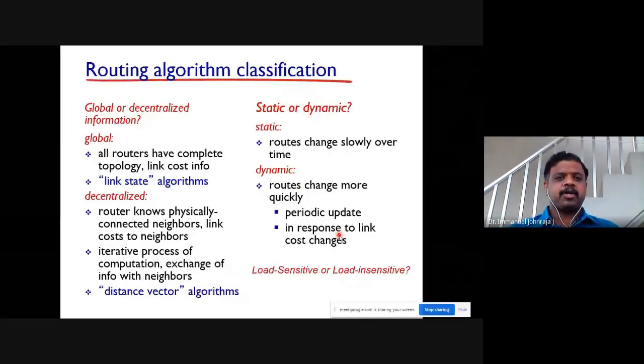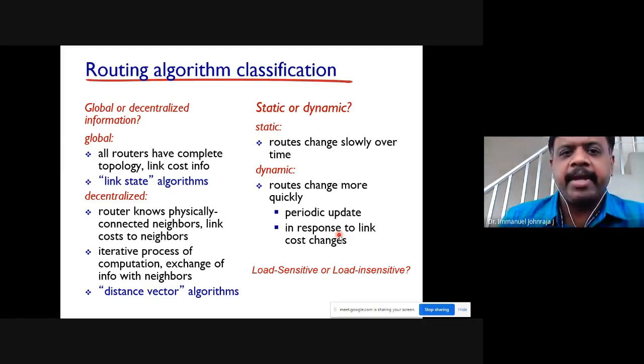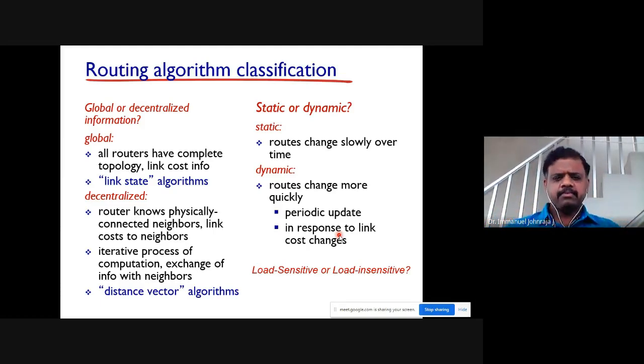Even in dynamic routing protocols, link state routing protocols are very, very quick compared to distance vector routing protocols. All right, the third classification comes under load sensitive or load insensitive. That is based on the congestion level of the network, the routing information will be changed. But nobody bothers now, because people go for load insensitive applications, because the routers have high capability. They have higher switching speeds nowadays, so load is not a big deal. But anyway, that is also one of the classifications.